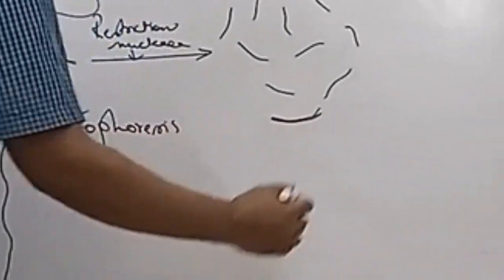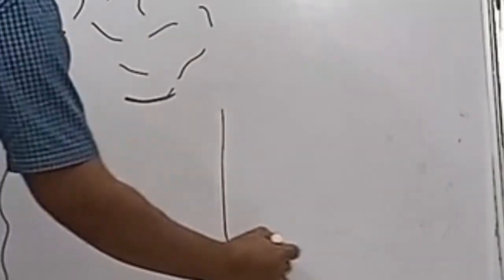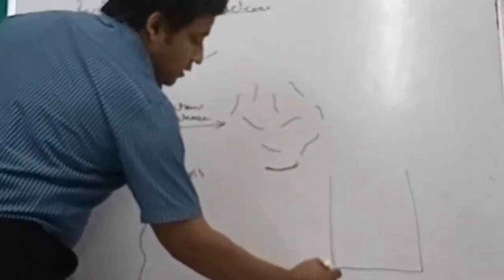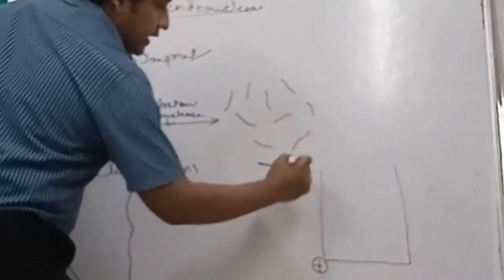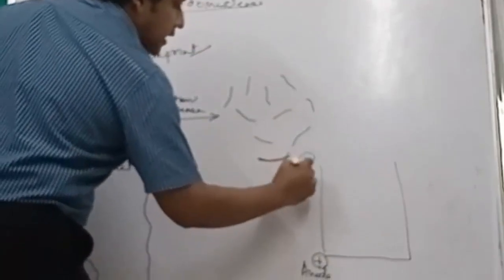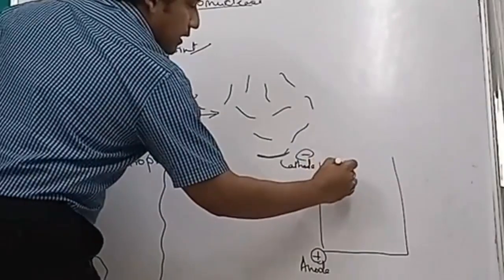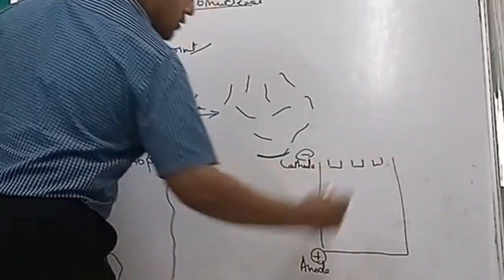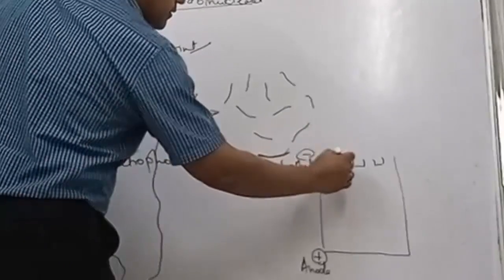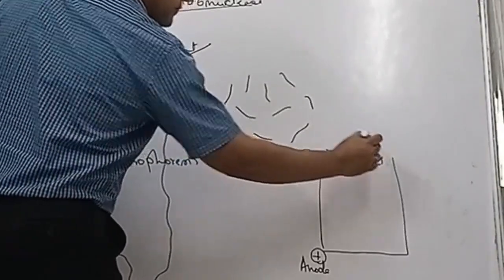Electrophoresis, you know, right, from the discussion of proteins also, when we have seen that we are able to separate proteins. We are using a gel. That gel can be polyacrylamide gel, that gel can be agarose gel, right? We make a gel, and suppose this is our positive end and this is the negative. The positive end means this is the anode and this is our cathode, right? And there are wells. The fragments which you have made, we will just put here with pipettes, right, and we are putting them here.